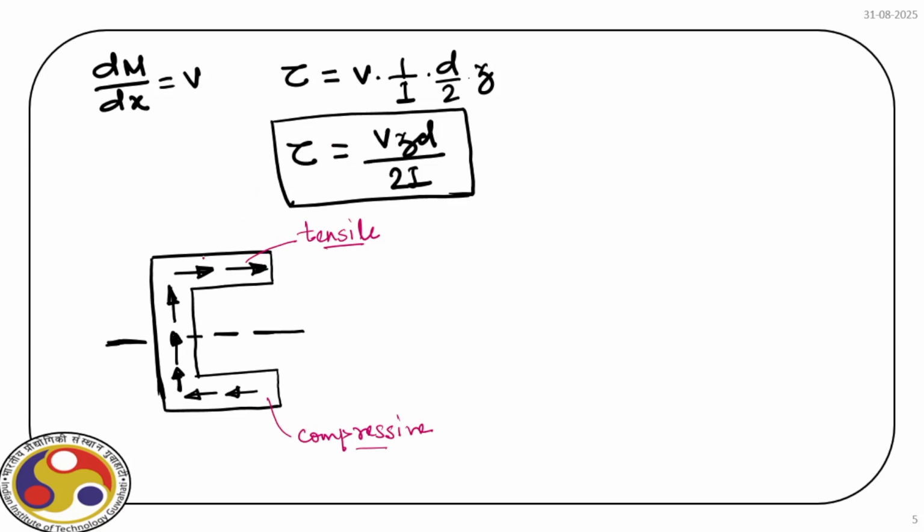Okay. Now we have already quantified the expression of the shear stress. Now at Z, recall Z is the distance of that section we considered from the extreme end, right? Now at this point, Z is 0. So here Z is 0. If Z is 0, obviously tau is also 0. So if we draw the shear stress distribution, it starts from 0, and as we progress and we reach up to the center line of the web,